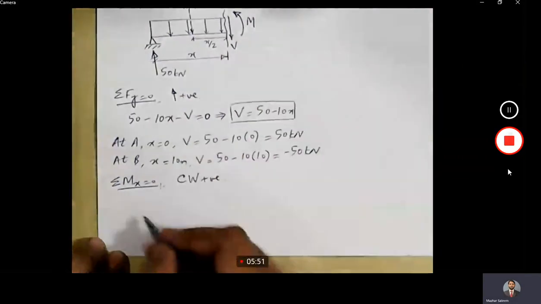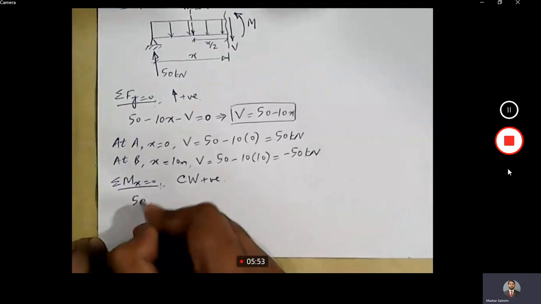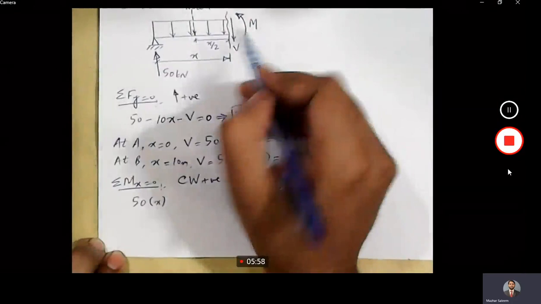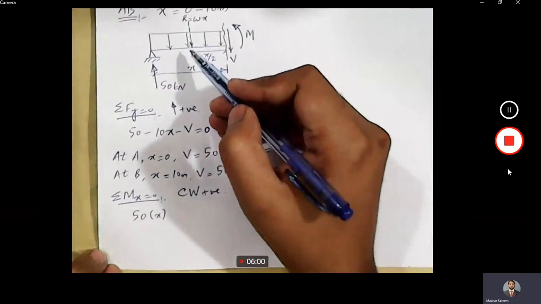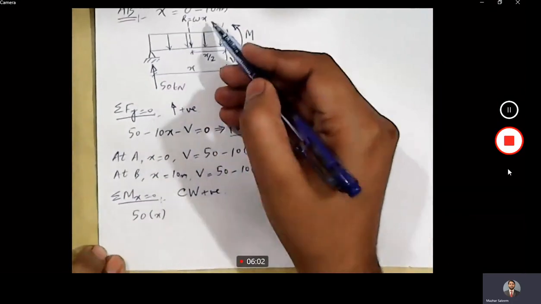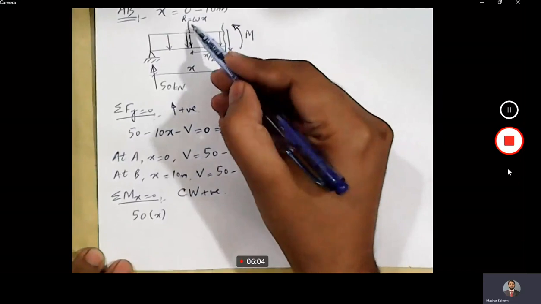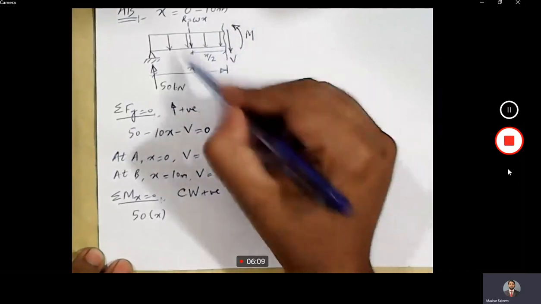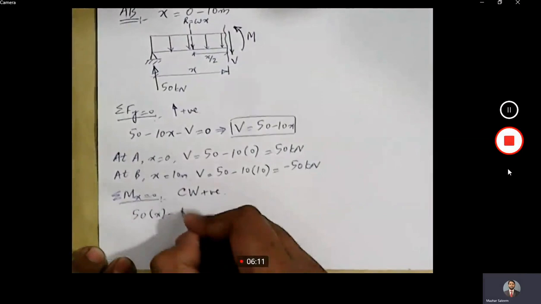So we will take it as positive, 50 into x. Then this UDL, its intensity is omega x or 10x, and the resultant is acting here, so it will produce moment in counterclockwise direction. It will be taken as negative